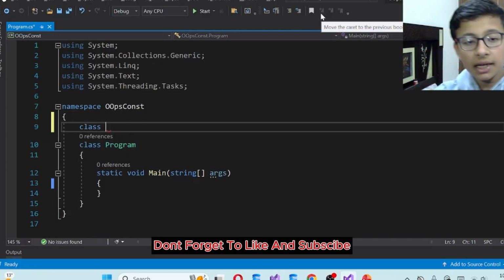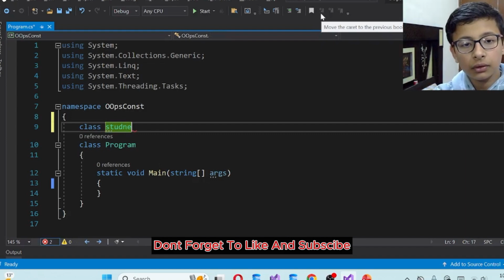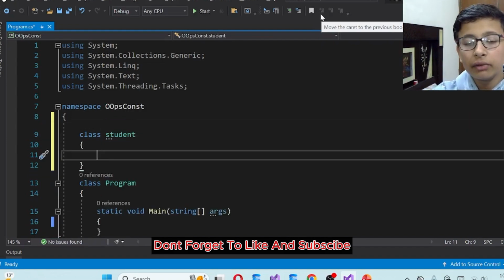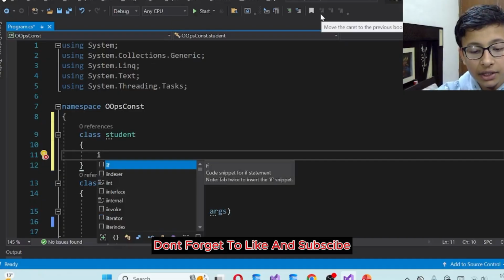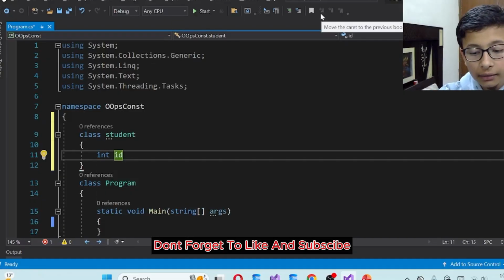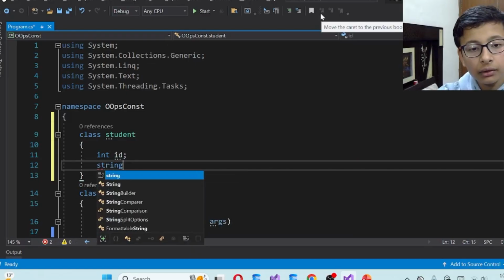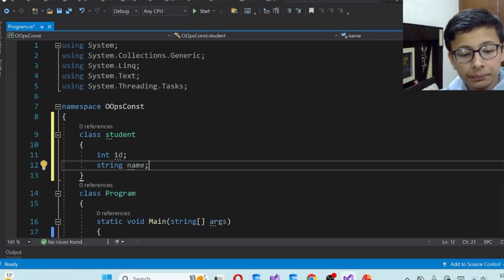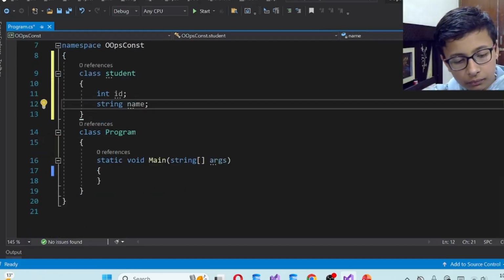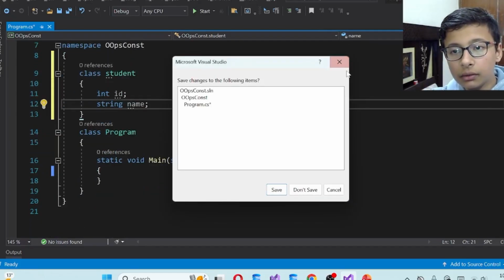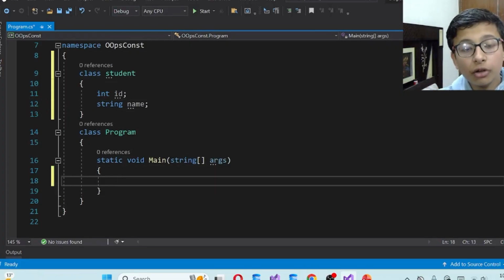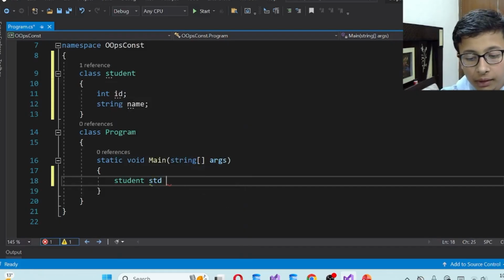Let's take it as class student, and we will declare two variables, integer id and string name. Now we create an object of the class student. std is new